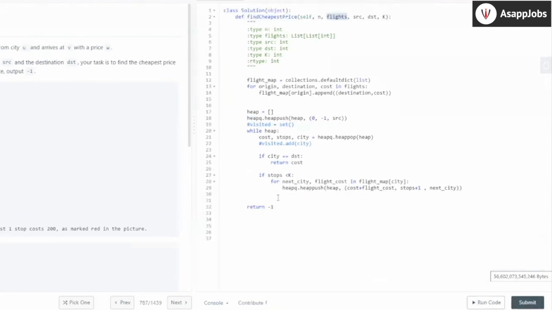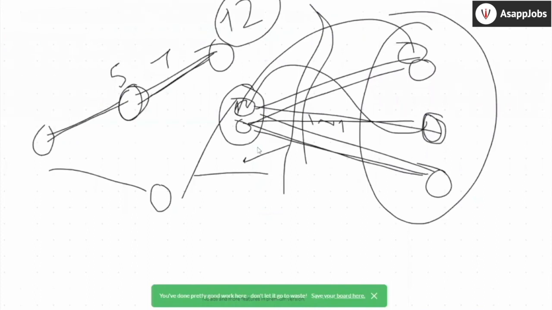Okay. Any other questions, anyone? Whenever we get this kind of question, how do you decide which algorithm to use? Never pick an algorithm. That's the idea. That's why I talk about how you think about graph problems. Always think in terms of cut. See, I told you Dijkstra works based on greedy. It picks the edge with the minimum weight. There are other algorithms which pick the edge in a different way. So it's up to you how you pick the edge. Never worry about what Dijkstra will do, or whether Dijkstra will run here or not. Simply think in basic core terms.